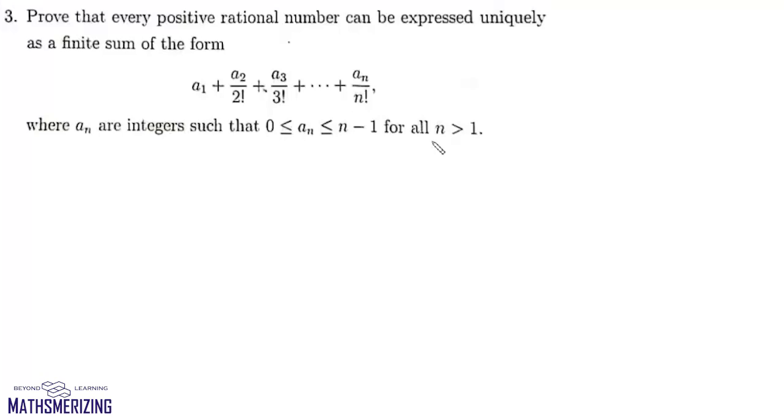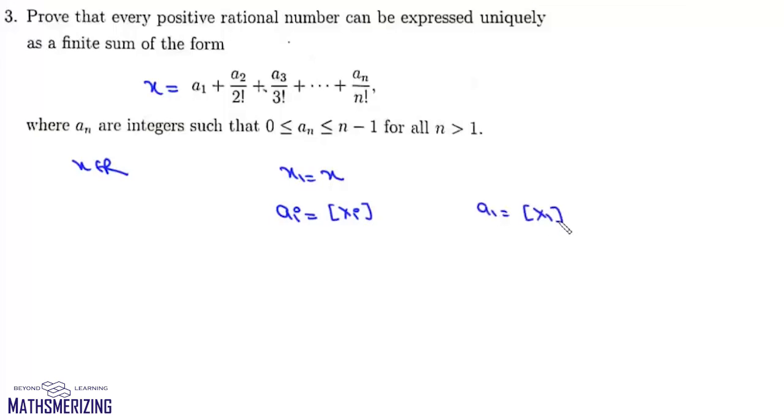Now what we'll do is, we'll say let that rational number be x, and we have to prove that we can write this x as a1 plus a2 upon factorial 2 plus a3 upon factorial 3 up to an upon factorial n. Now for any real number x, we'll define a sequence: x1 equals x, and any ai is the greatest integer function of xi. So in this case, a1 is